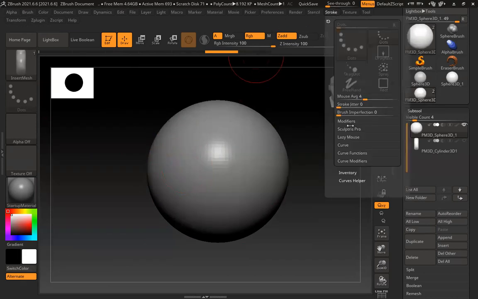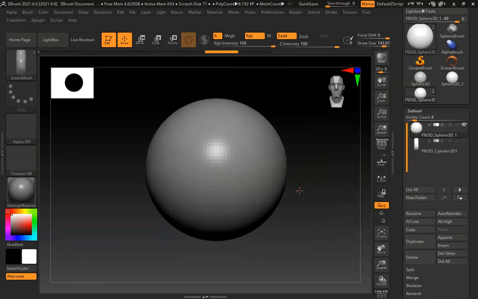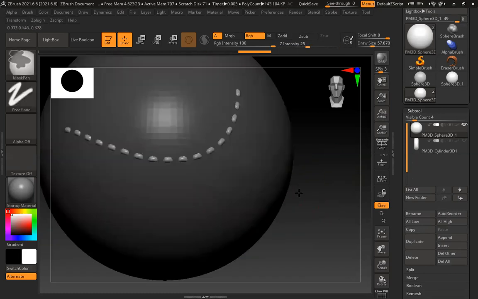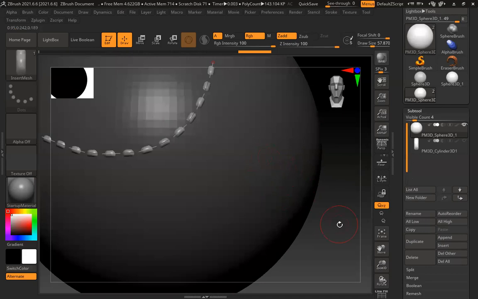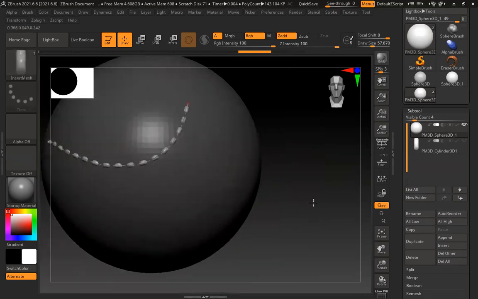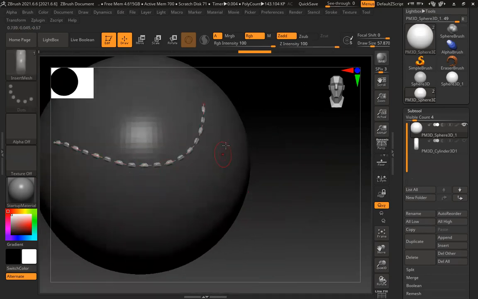Go to stroke and switch on your curve. Reduce the brush size and integrate it. And you can move it also if you want. So how did we do it? Stroke, just make it a stroke and then apply.